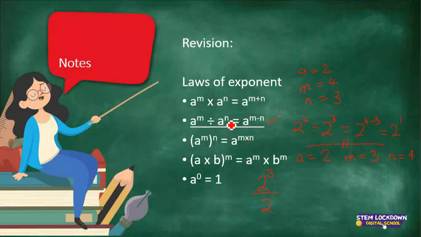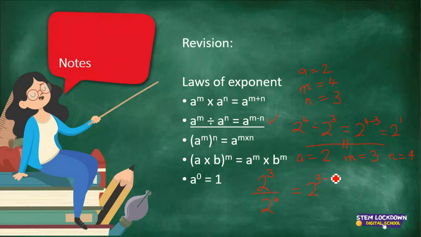My n for my second example is 4. I can write this as one base according to the rule. So my base is 2, and my m is 3 and my n is 4, so I can say 3